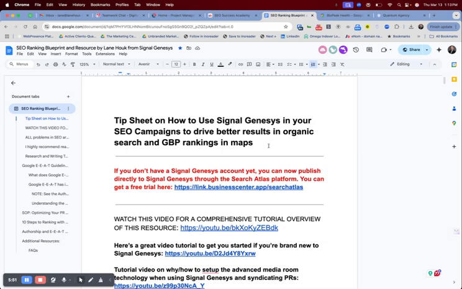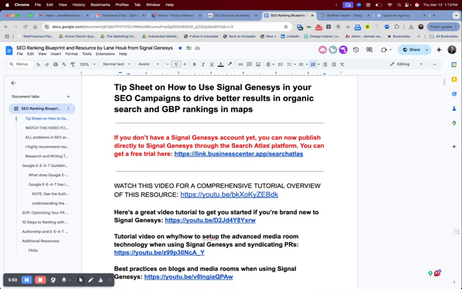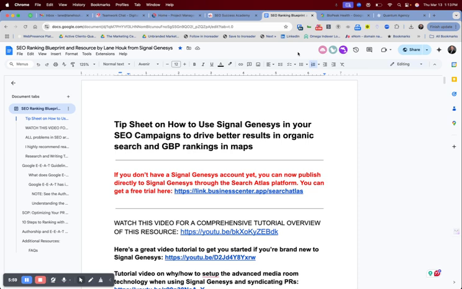But really, really powerful. We use Signal Genesis every single month for every single campaign still, even though I'm no longer involved with the platform. How we developed it and what we did with it is still extremely effective in driving better rankings within your overall SEO campaign strategy. I hope this helps. Have a great